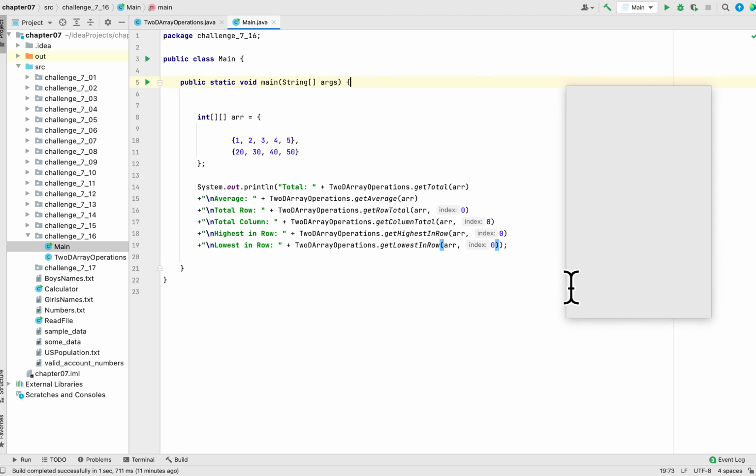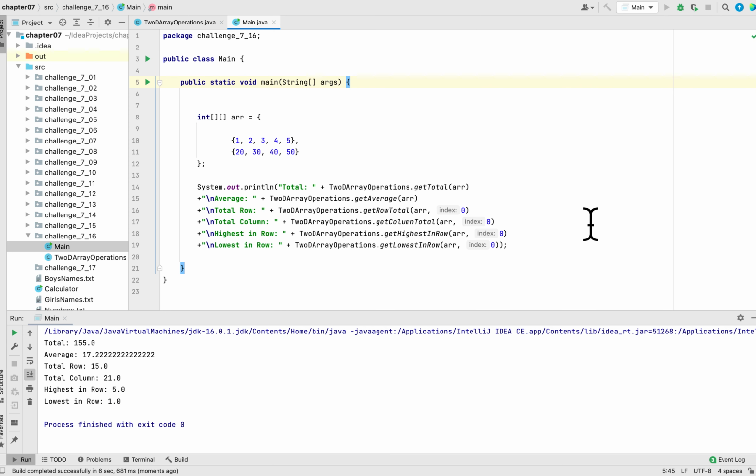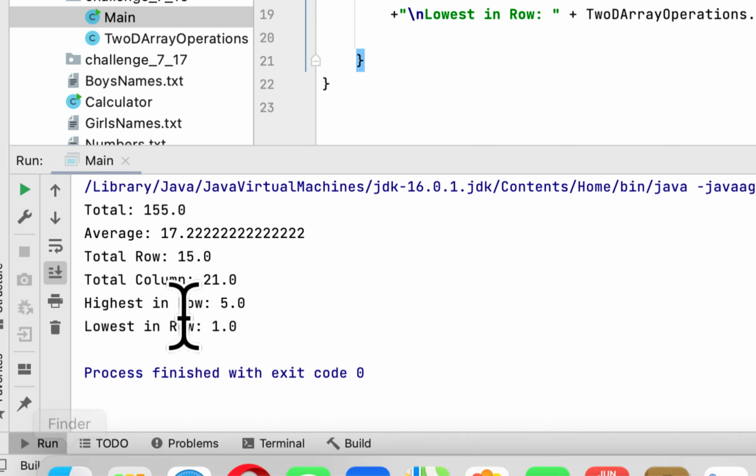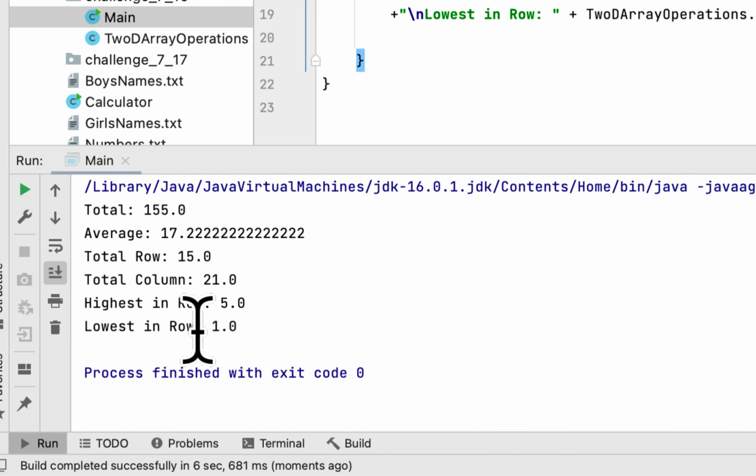Let's run the program and see how we did it for our classes. As you can see, they said the total is 155, average is 17.2222. The total for the first row is 15. The first column is 21, and the highest for the first row is 5, and the lowest is 1. So let's check for each